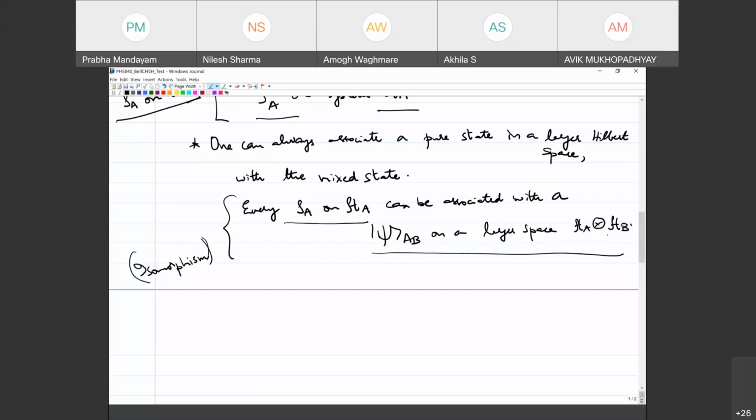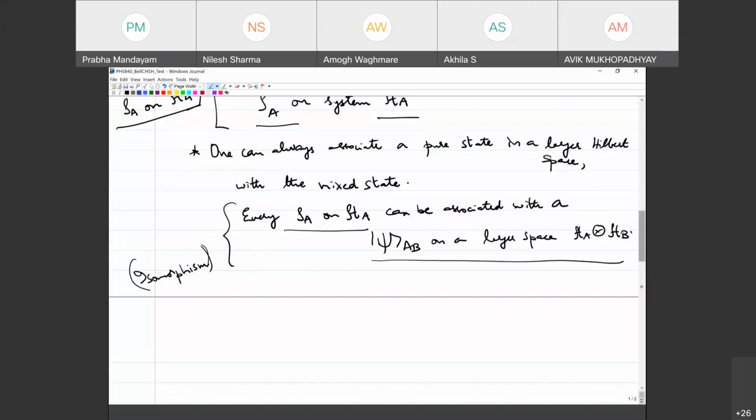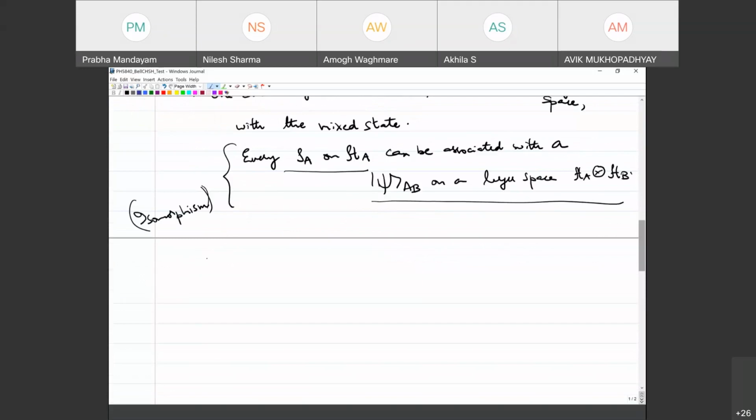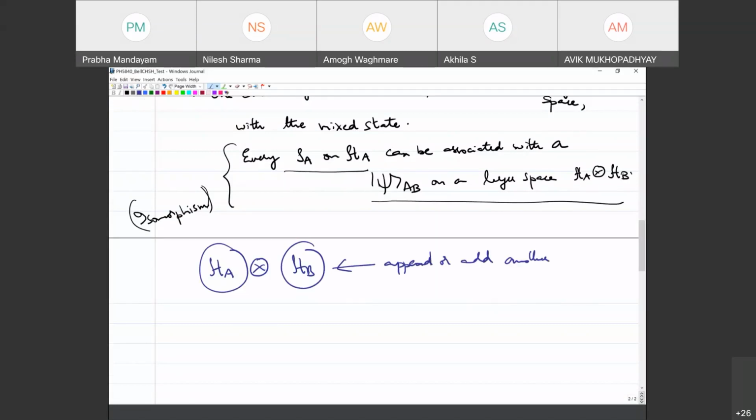So the idea is that given some system A, I can always append or add another system B of appropriate dimension,